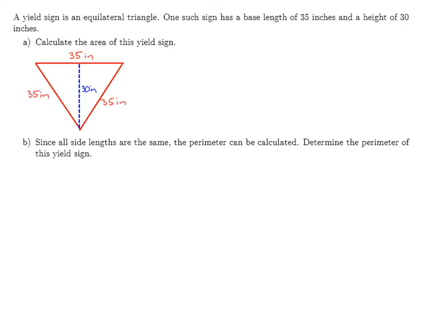So to calculate the area, I'll use my formula, and that formula is that area is 1/2 times the base length times the height. So in this case, area will be 1/2, and the base length is 35 inches, and the height is 30 inches. So calculating that out,